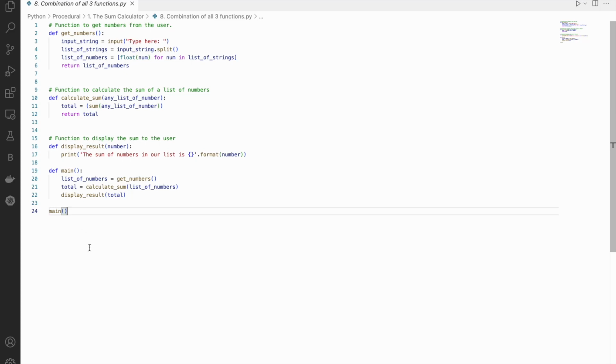So the code starts at line 24 because main is the boss. How is it the boss? When you say boss, B-O-S-S, right? Yes. All right. How is it the boss? Because it is the only function that calls all the other functions. Okay. All right. So the code starts at line 24 and calls line 19, which is defining the function main,